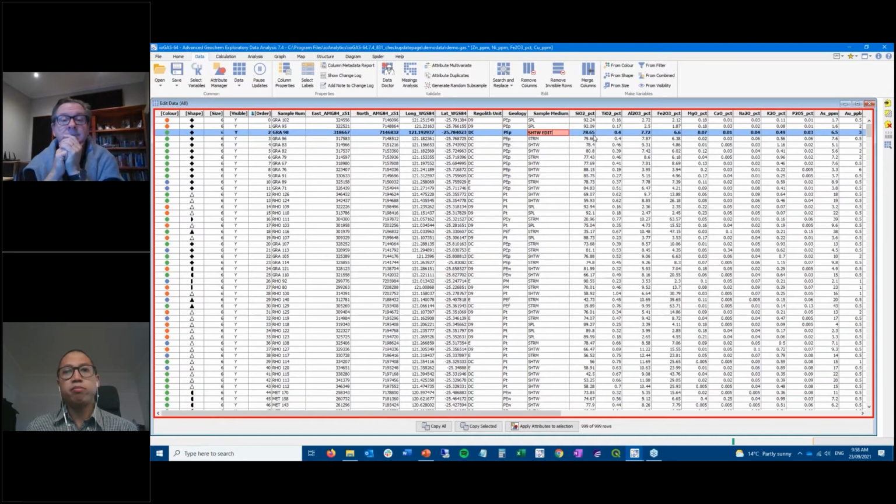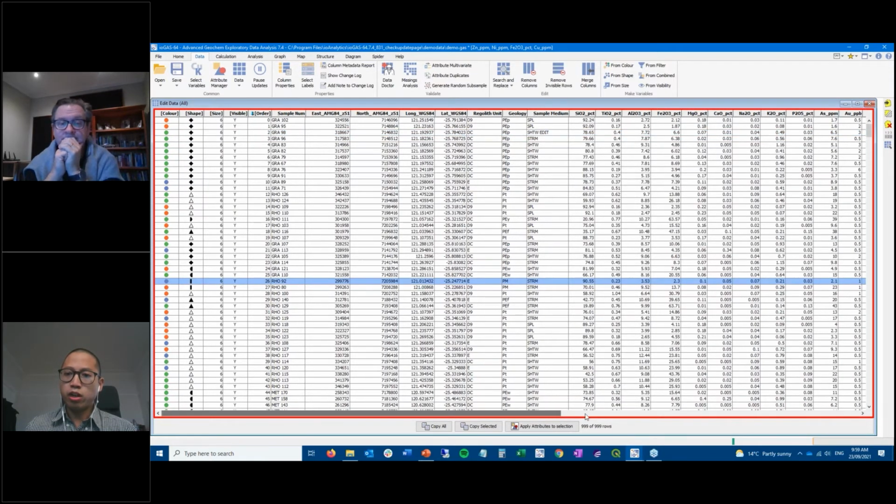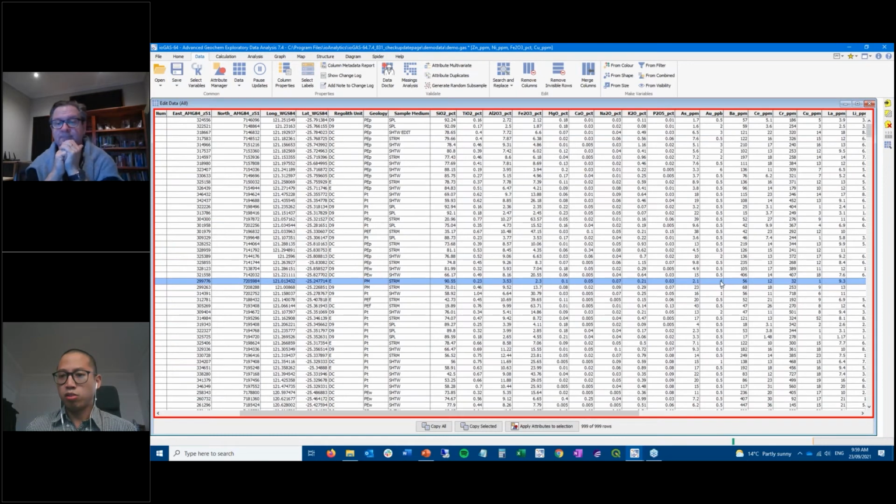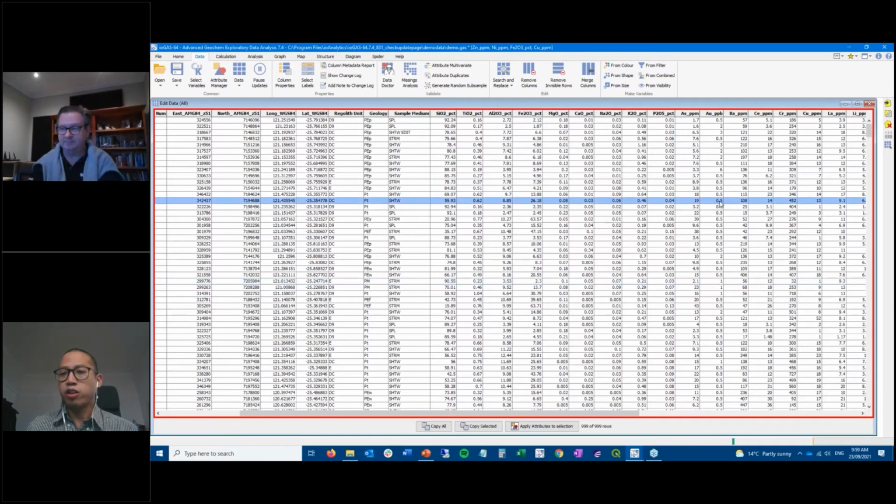You can just change that. That's going to be edited automatically. And you can do the same thing with numeric cells as well. So say, for example, if you're looking at this cell right here that says 1, and you notice that maybe this 0.5 corresponds to a certain detection limit. So if you notice that this actually corresponds to something like 0.2 or 0.1, you can easily change it like